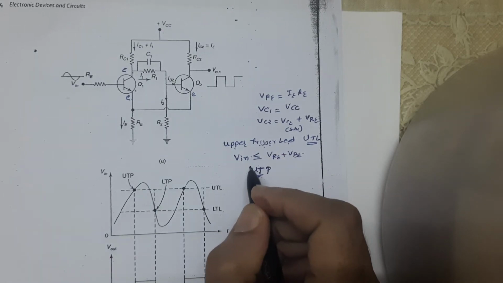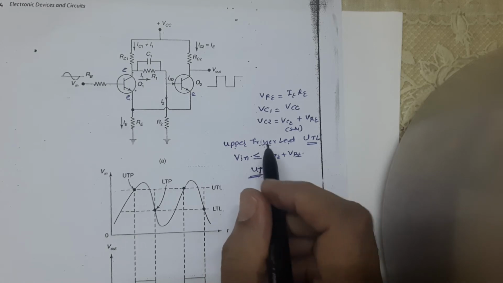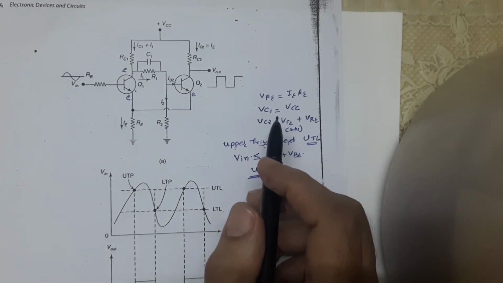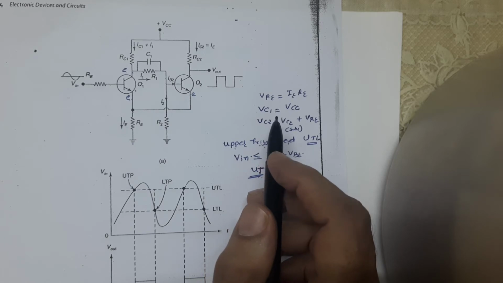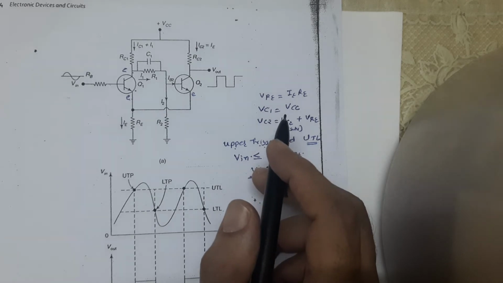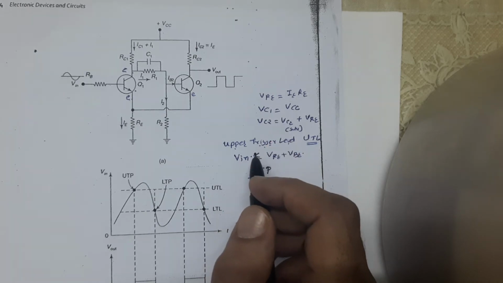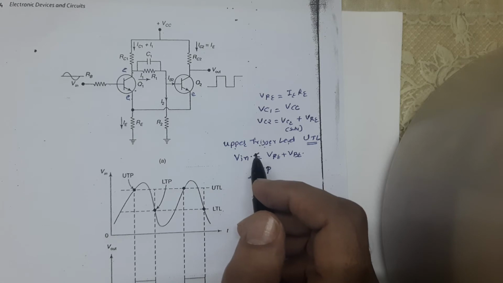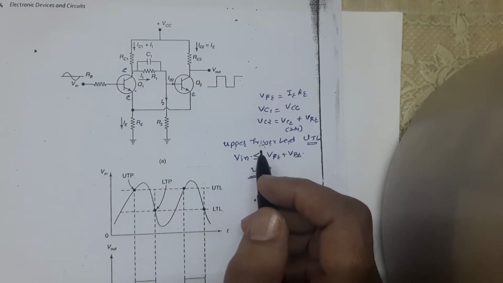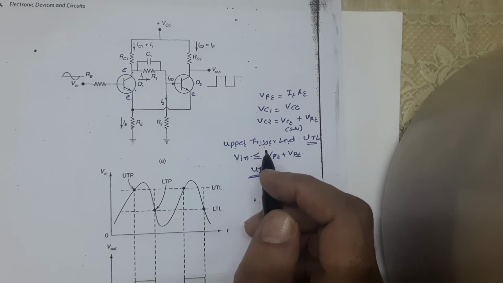UTP. As transistor Q1 conducts, its collector voltage falls below Vcc. Since the collector of Q1 is coupled to the base of Q2, the forward bias to Q2 is reduced. This in turn reduces the current of transistor Q2 and hence the voltage drop across Re. As a result, the reverse bias of transistor Q1 is reduced and it conducts more, which drives Q2 near to the cutoff. Near to the cutoff means it is switched off.